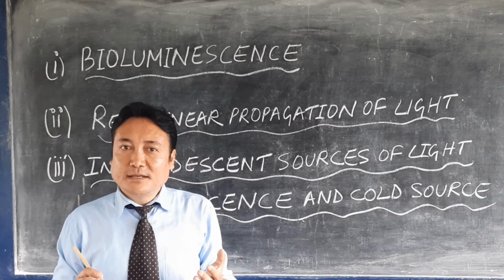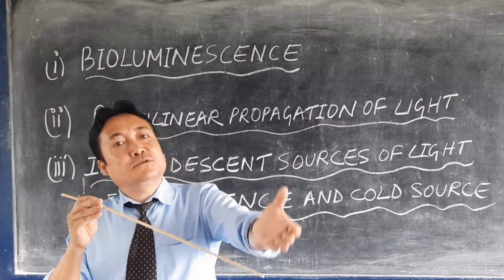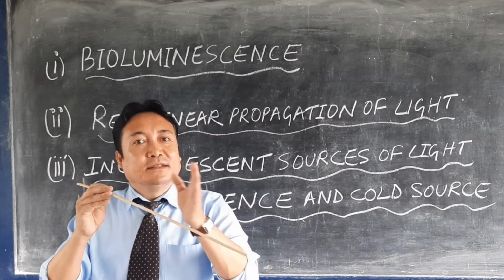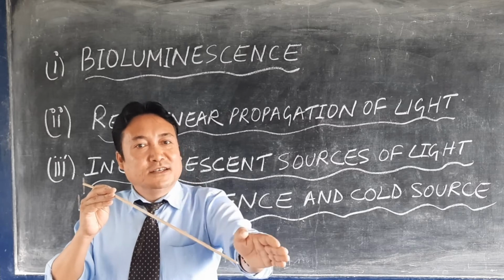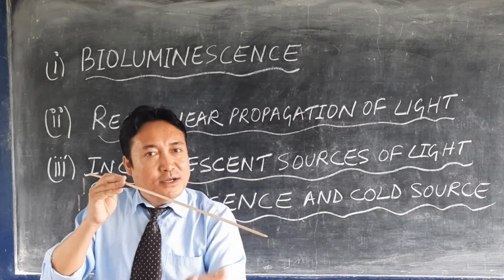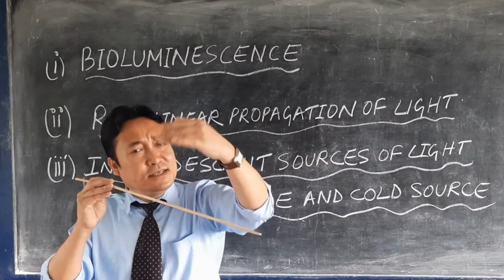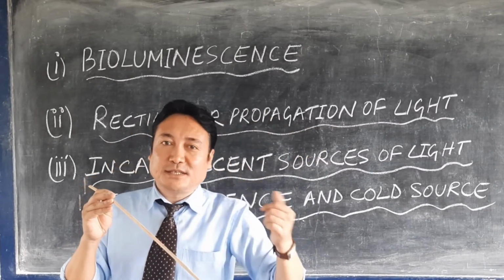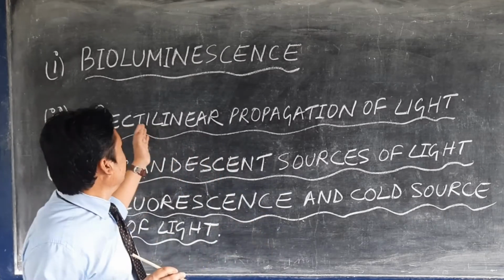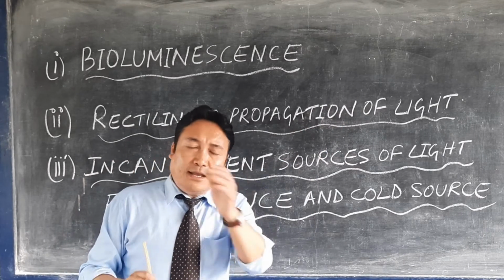Now how come that? As soon as you bend the tube, either upward or downwards, what will happen? The light will no longer travel in a straight line because you have bent the tube. Though the light is traveling in a straight line, since the tube has been bent, you won't be able to see the burning candle. So this experiment shows that light travels in a straight line, the rectilinear propagation of light. Again, another example.